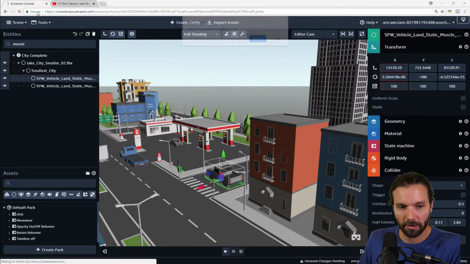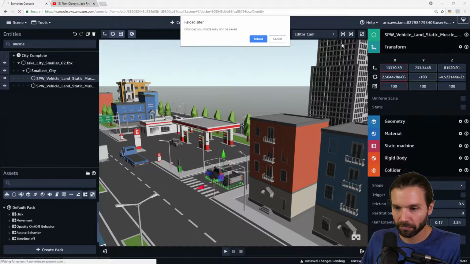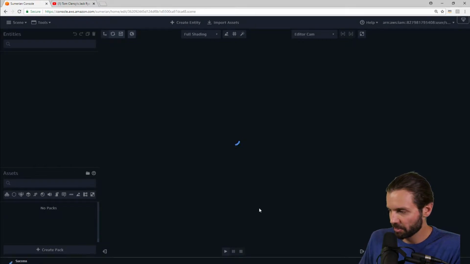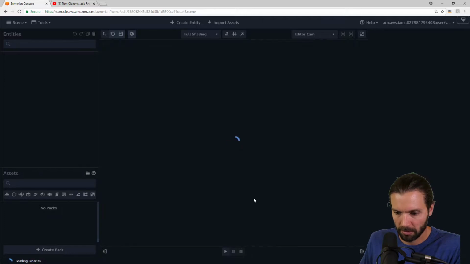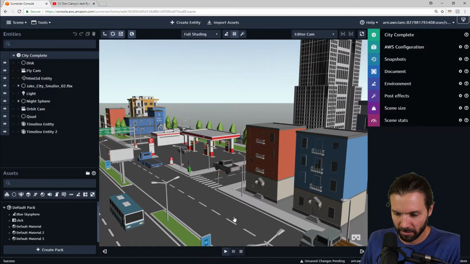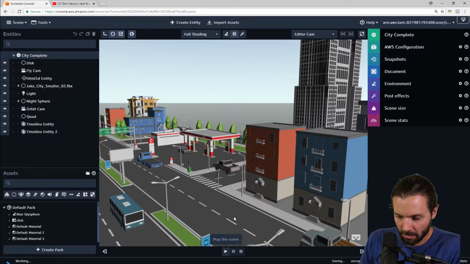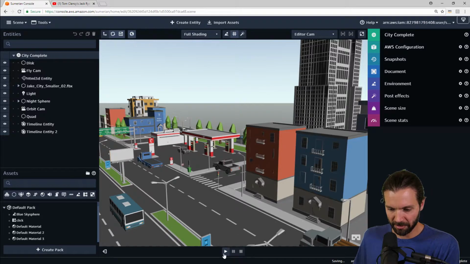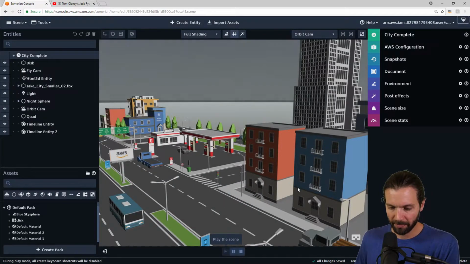I'm going to reload my scene and just see if that might help, because sometimes with colliders, it's best just to reload. And we'll see what happens. All right, my car is still floating. Press play, see what happens with the car. I have a feeling it's going to still just fall through the... Yeah. Okay, so